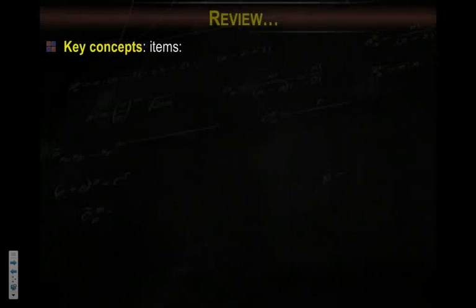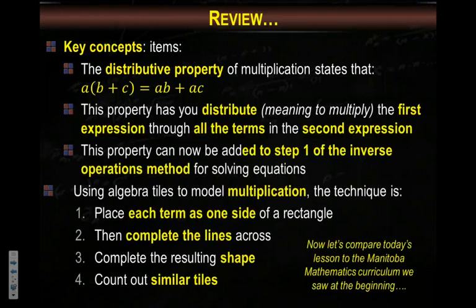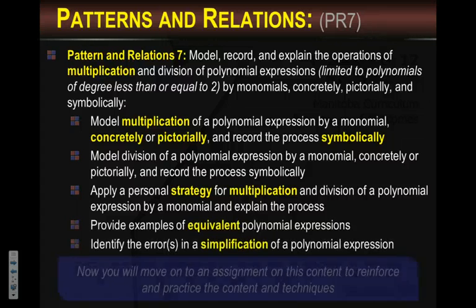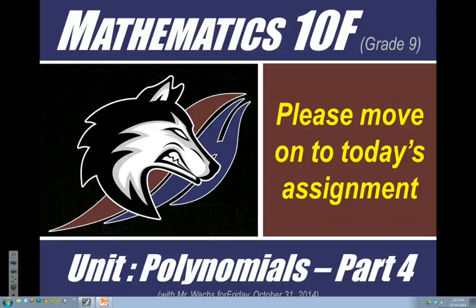So in summation, basically I have a very simple small set of notes for you today. It's about the distributive property and how you distribute by multiplication the term through the other terms. You will add this to step 1 of your inverse operations method that we've been working on. And when you want to do tiles, this is the step right there. Any questions? Today's assignment will have you focus a little bit on that. I cannot strongly suggest as well that you also do the